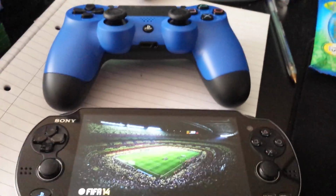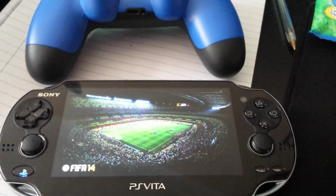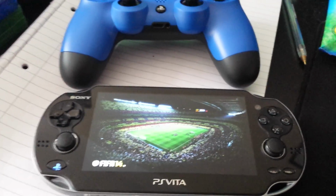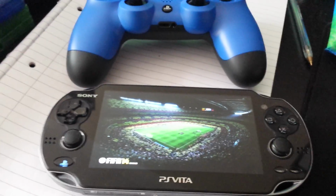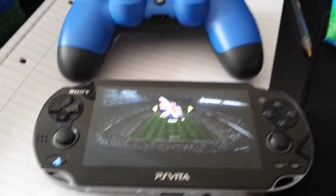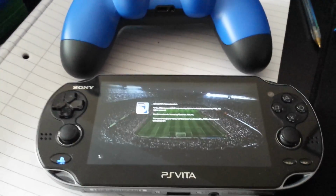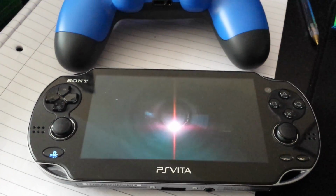Everything happens as it happens on the TV, so there's no lag, nothing. Unless you're going to be playing Need for Speed or any games that require a lot of speed, where your vehicle's traveling so fast, you might have problems. But until then, you're not going to see any lag or anything like that. This is going to be like a nice little feature where you can open...